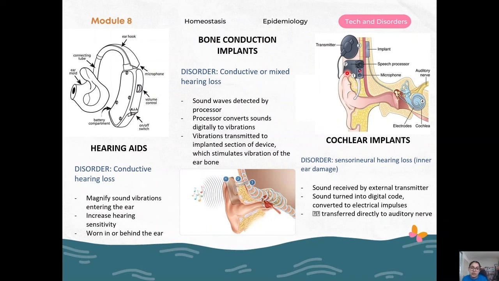The speech processor turns the sound into a code, and then it turns it into electrical impulses, and then it transfers that, as you can see here, to the implant on the inside of the head, on the inside of the ear here. It goes straight through to the auditory nerve, to the cochlea. That is what's happening here. Because the inner ear is damaged, the cochlea is not working, so we have to somehow get the